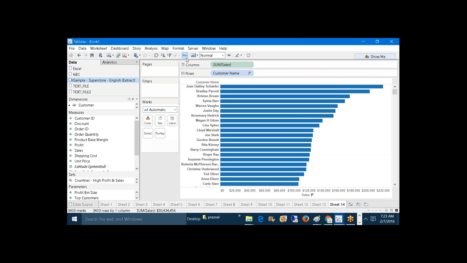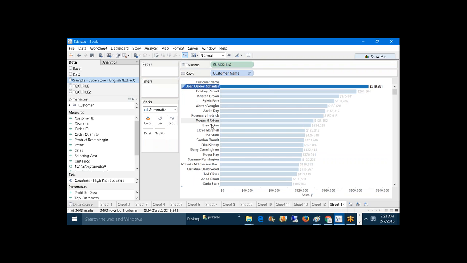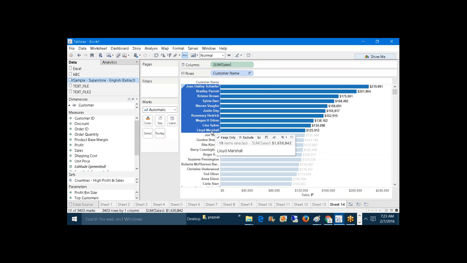Descending order means from top to bottom. I'm selecting the first 10 here. After selecting the first 10, Tableau shows a small box, known as the tooltip. In the tooltip, we have the set icon. Just click on the drop-down for the set icon, and here we can see an option called create set. So just click on create set